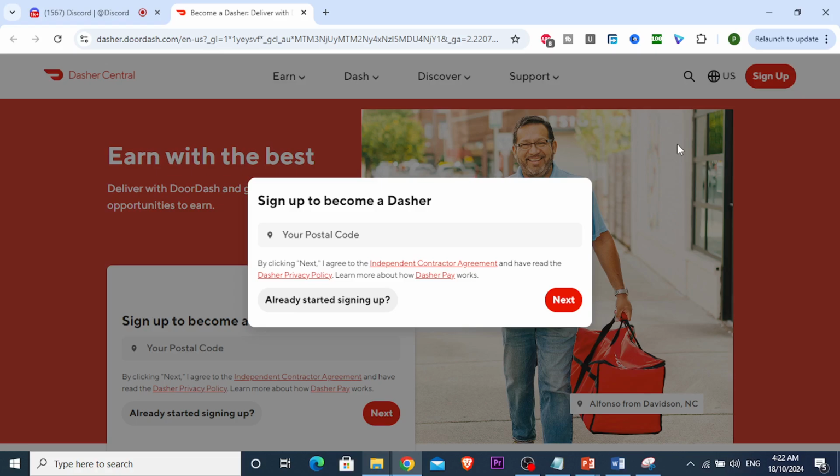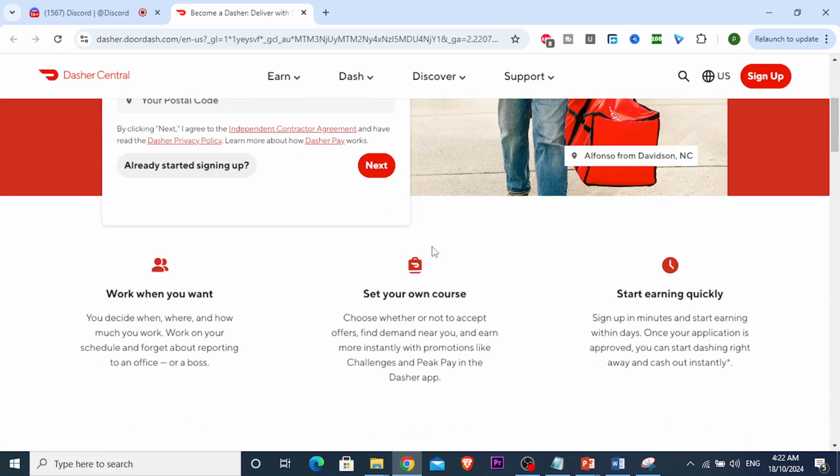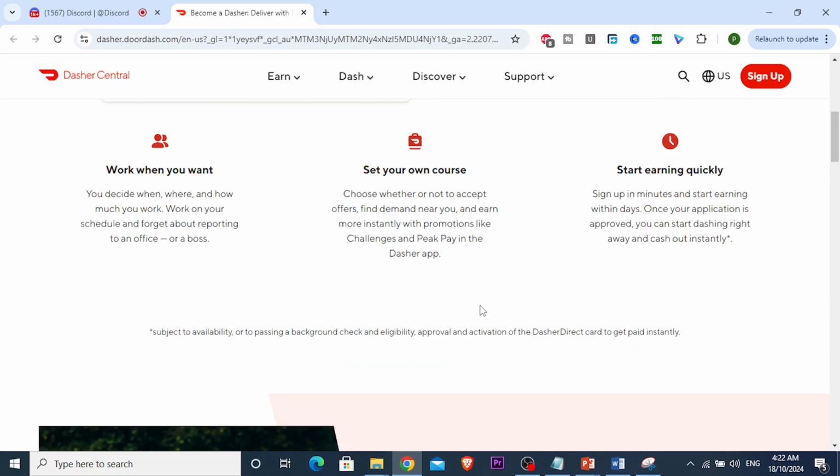And you want to submit the requested information that they request with you. You're gonna have to put in your postal code, things like that. Your name, your social security number, your address, all that details. And also, what they're also gonna be doing is you're gonna have to consent at the end to a motor vehicle and a background check, guys. You're gonna have to consent to all of that, and